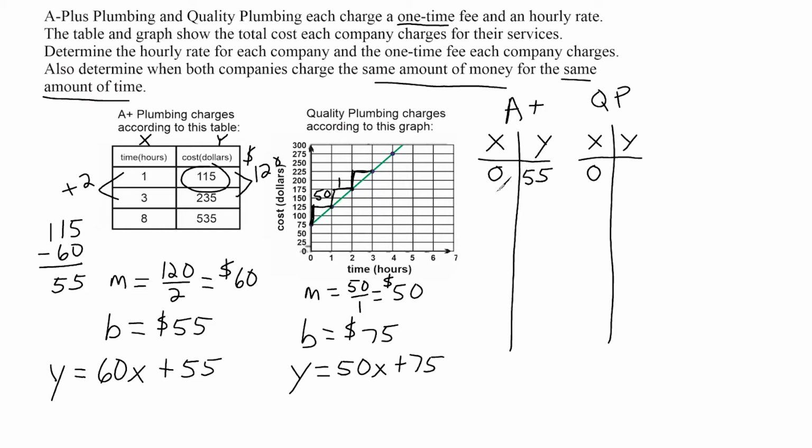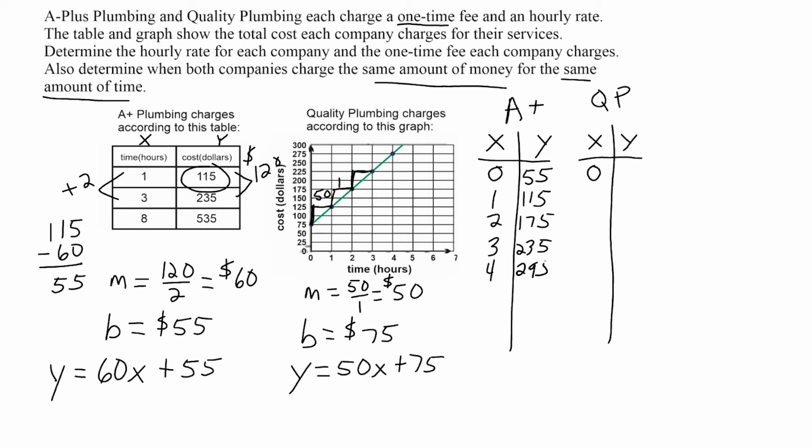Now, if they do complete 1 hour of work, because they charge $60 per hour, we just go ahead and add 60 to 55 because they're charging a one-time fee plus $60 per hour, and that would be a total of $115, which matches up with our table over here. Now, for another hour of service, that would give us a total of $175. For 3 hours of service, that would be another $60, which would be $235. 4 hours would be